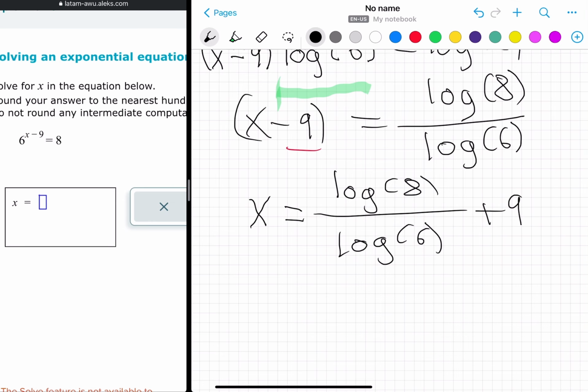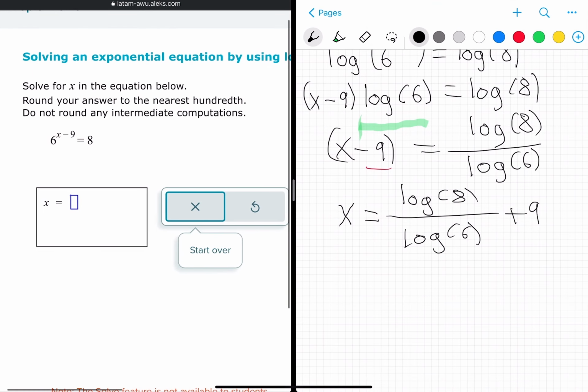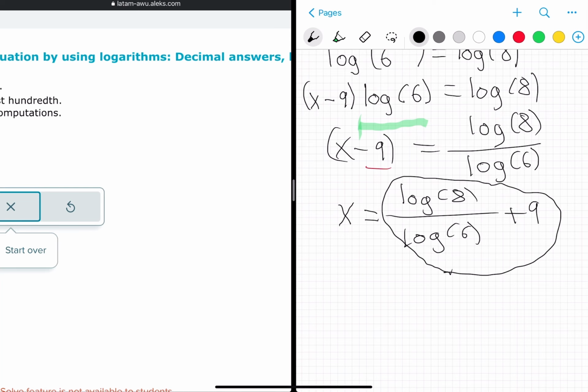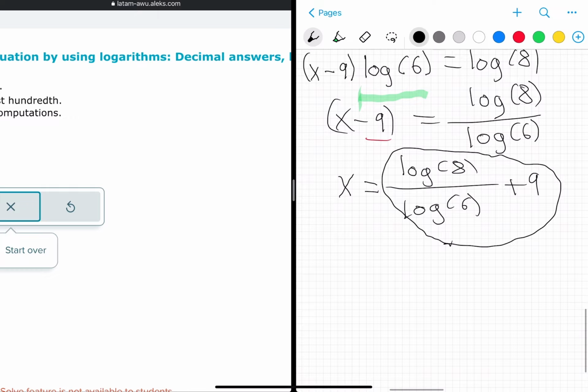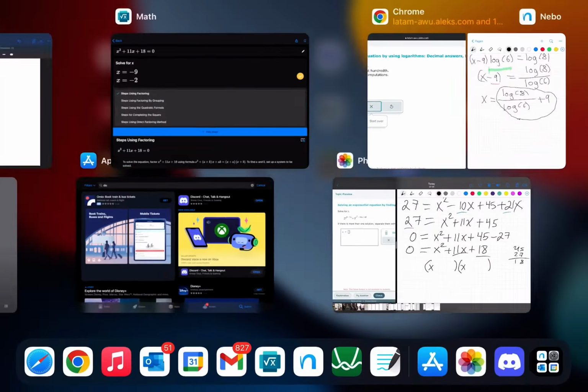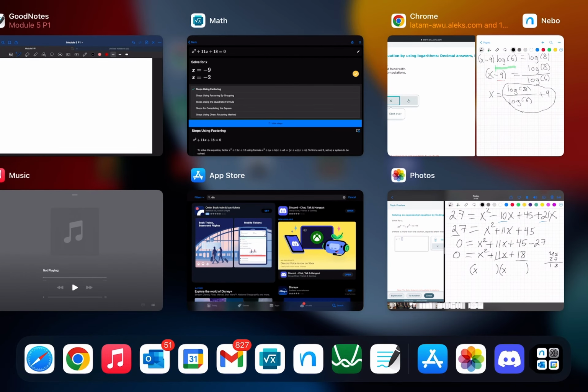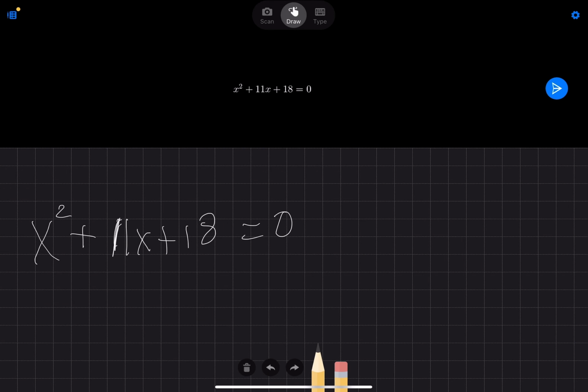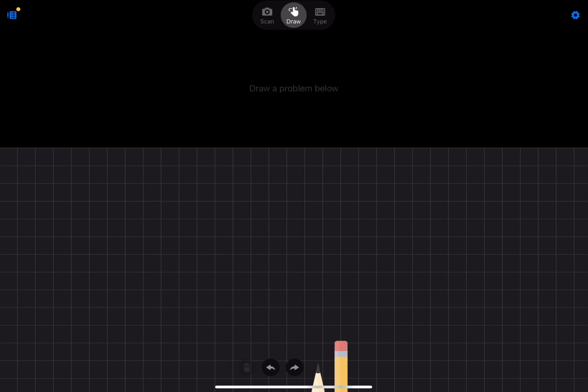But in this exercise, we are asked to give a decimal answer, so we have to compute this. How do we compute this? Well, we can use our calculators. If you have a calculator, you can place this into your calculators, or do it online. I will use an application that I have here. This application, you can write a mathematical input and it will solve it. For example, here I will write the logarithm